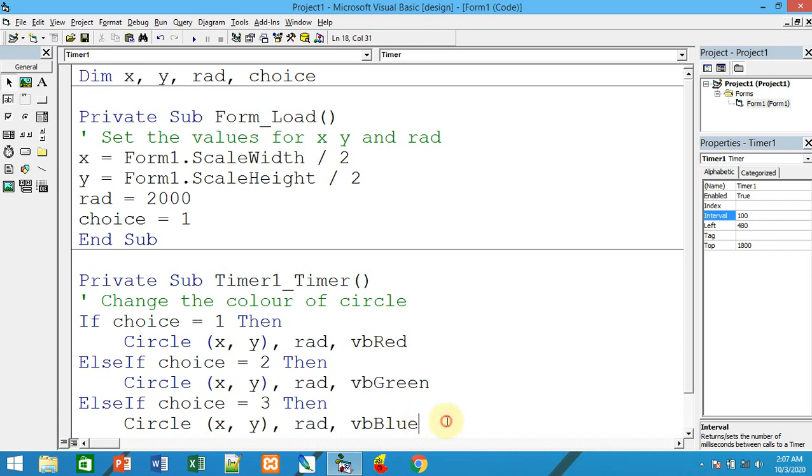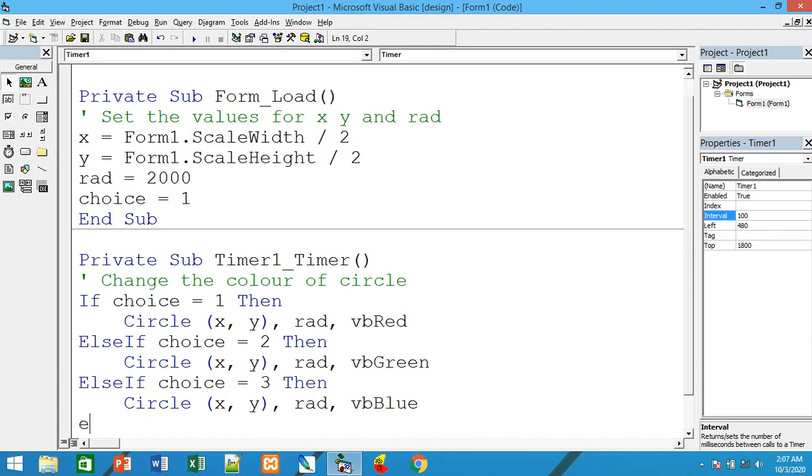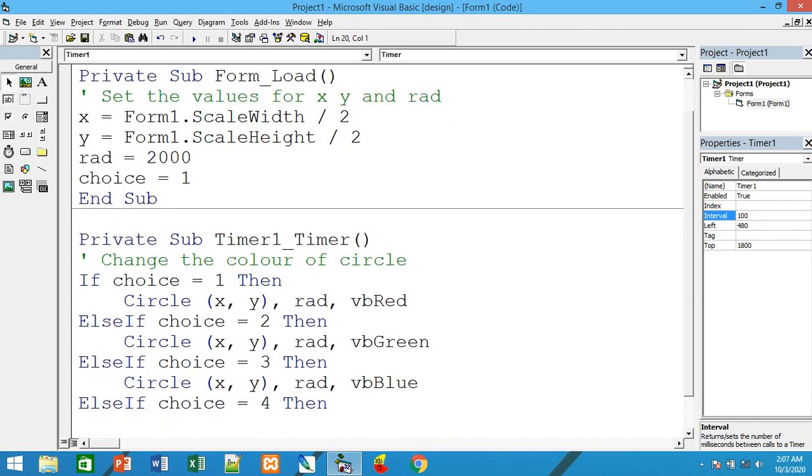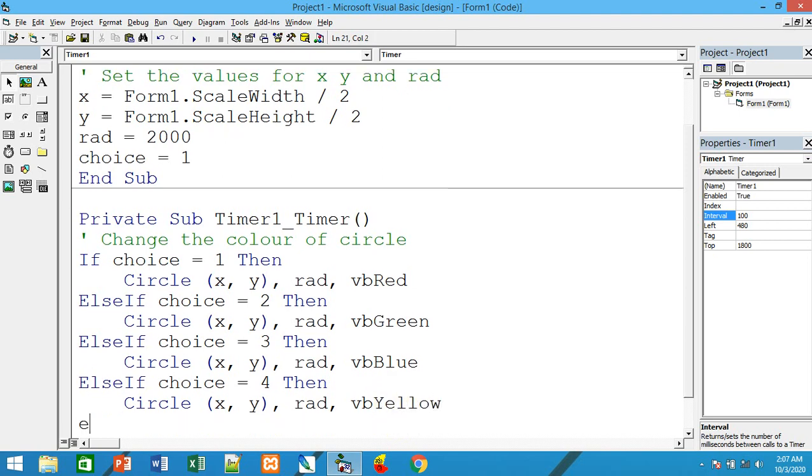Blue, okay. Else if choice equal to 4, then it is VB yellow. So these are the desired colors, and finally you say end if.